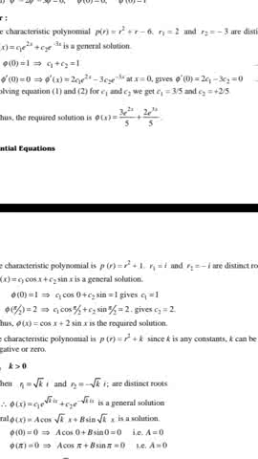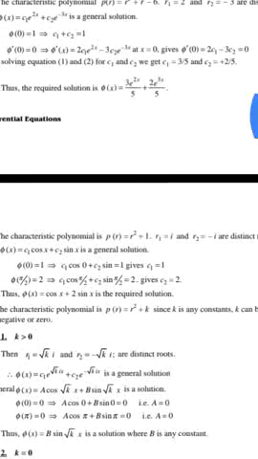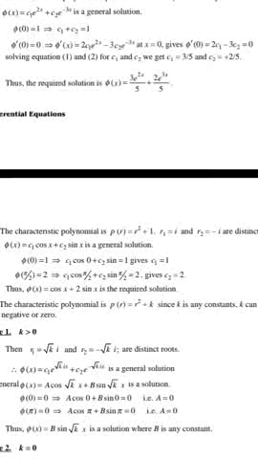Therefore we get the equation number 1, c1 plus c2 is equal to 1, and 2c1 minus 3c2 is equal to 0, equation number 2, and we get c1 is equal to 3 by 5 and c2 is equal to 2 by 5,